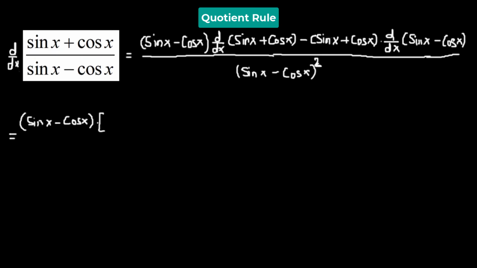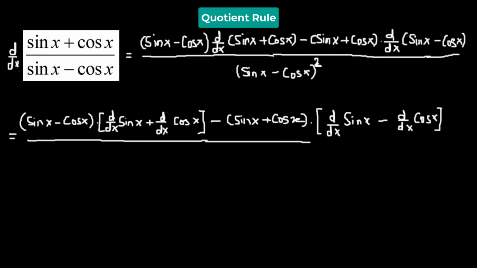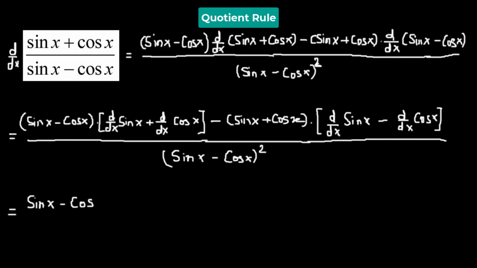times, now we apply the derivative to each of the terms. So we have derivative of sine x plus derivative of cosine x, minus sine x plus cosine x multiplied to the derivative of sine x minus the derivative of cosine x, whole divided by sine x minus cosine x whole square, which will be equals to sine x minus cosine of x